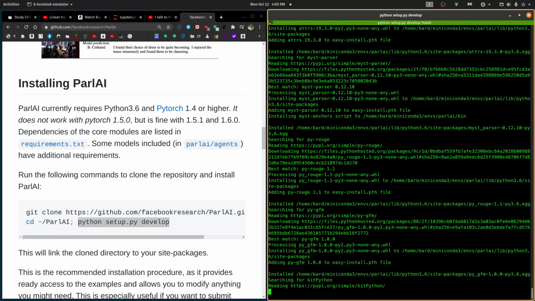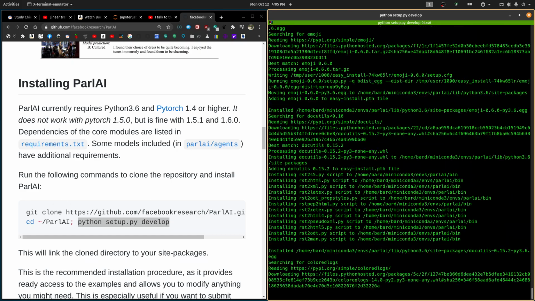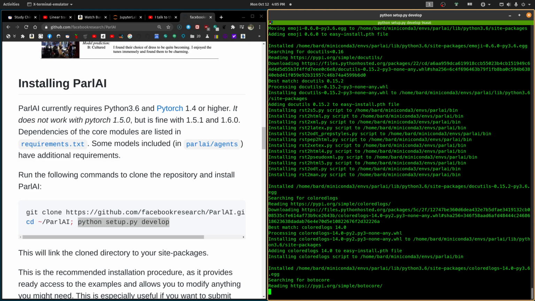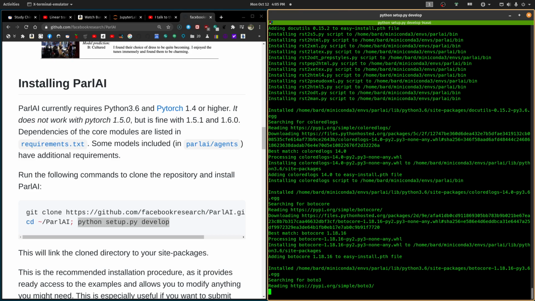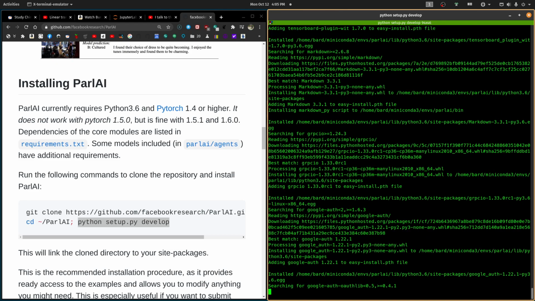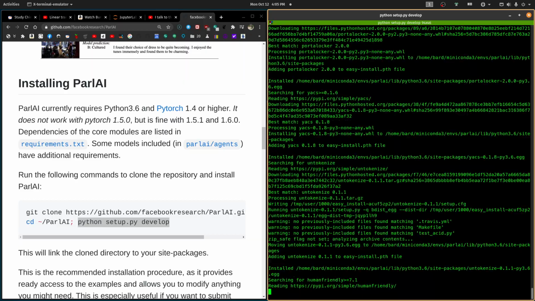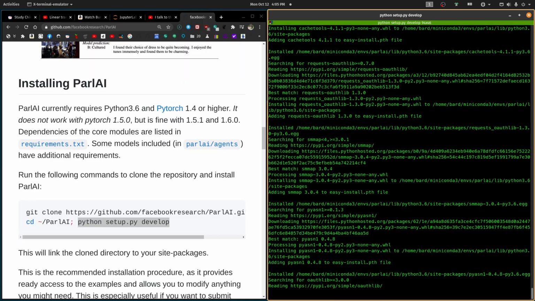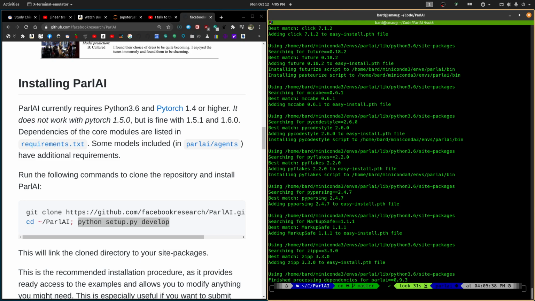Right. So far, so good. We're not getting any red there. I don't see any errors. All right. So I'm just curious about this.